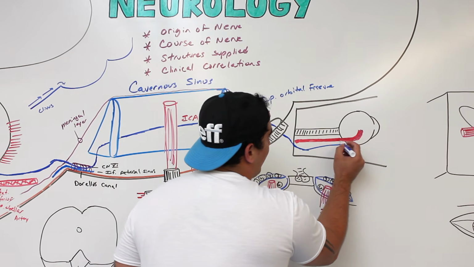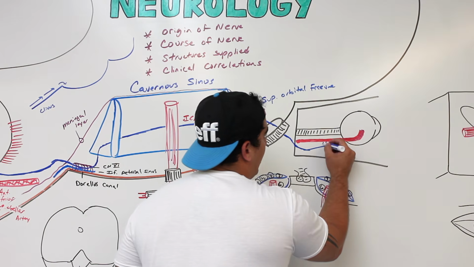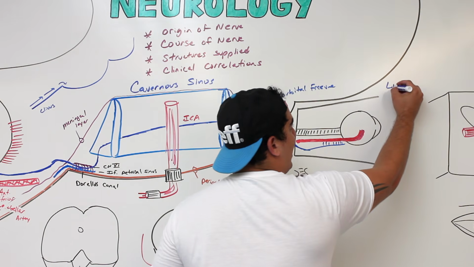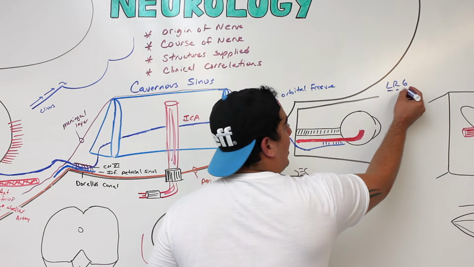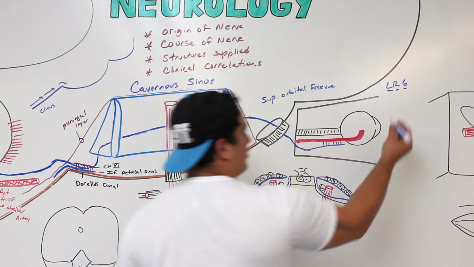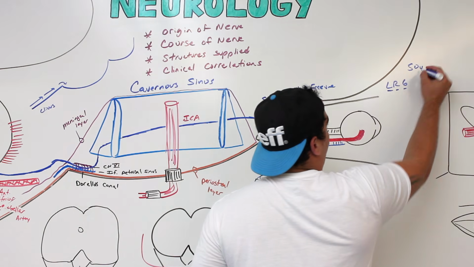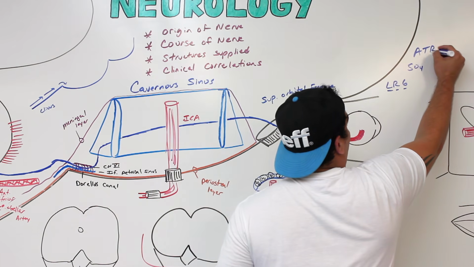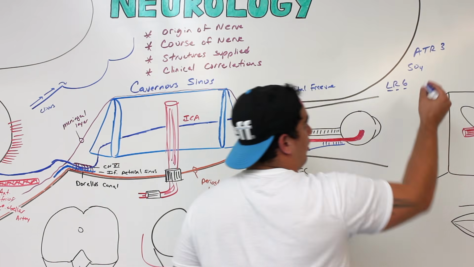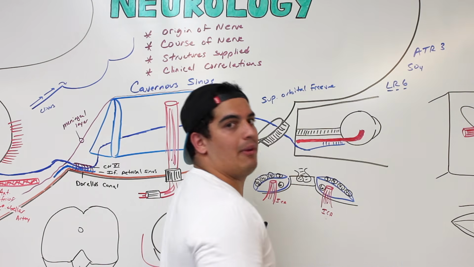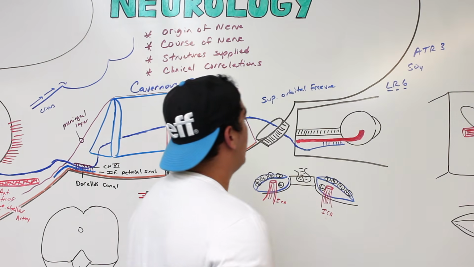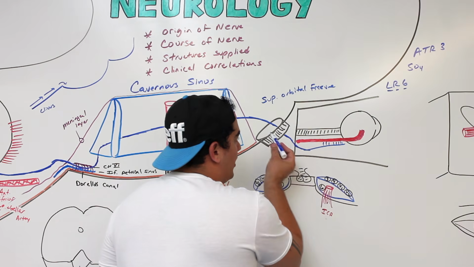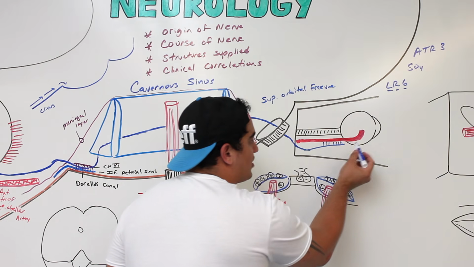And from the orbital cavity, it's going to supply one main muscle. If you guys remember that little acronym we said, LR6, lateral rectus, sixth cranial nerve. And if you guys just want a little reminder, SO4, superior oblique, fourth cranial nerve. And then all the rest is going to be 3, right? So all the rest are going to be supplied by third cranial nerve, oculomotor nerve. So this guy's going to come out of the superior orbital fissure into the orbital cavity and supply this muscle